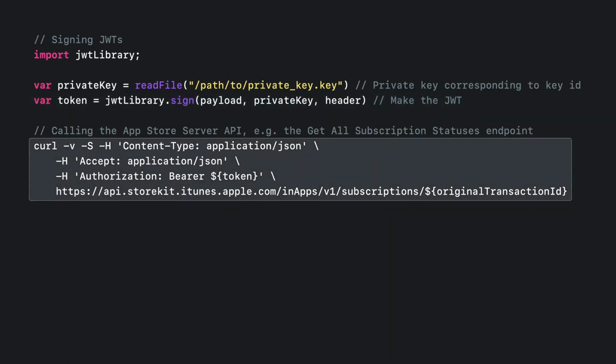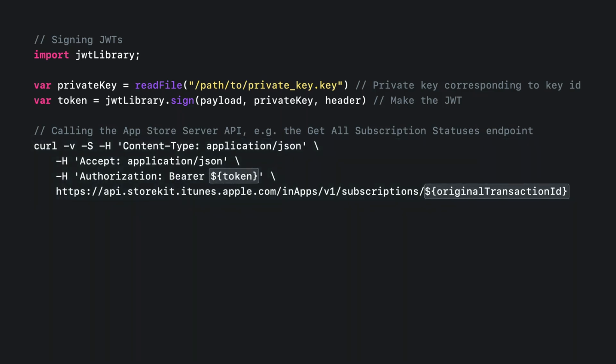Finally, here's an example usage of this token when authenticating a curl call to the get all subscription statuses endpoint. Replace token and original transaction ID with the values of the token you generated and your desired original transaction ID,